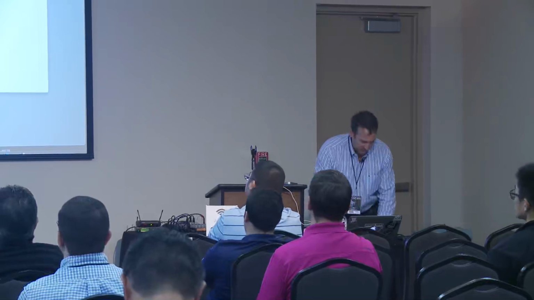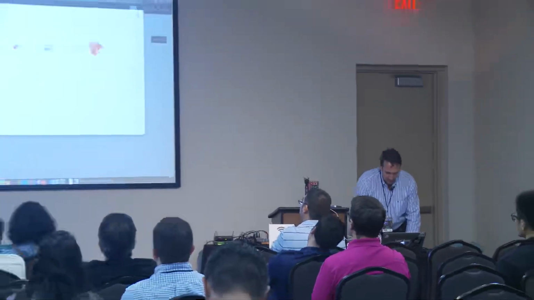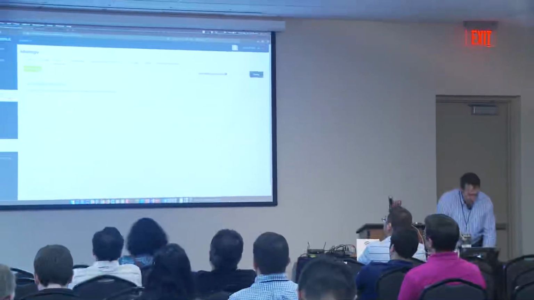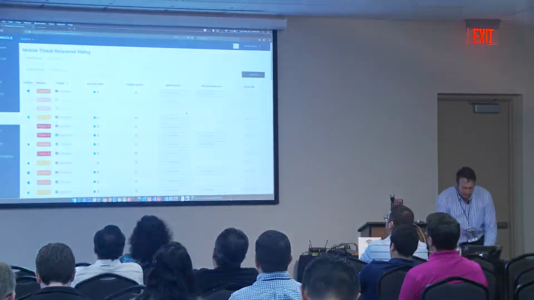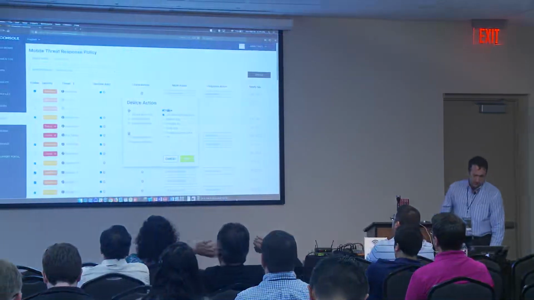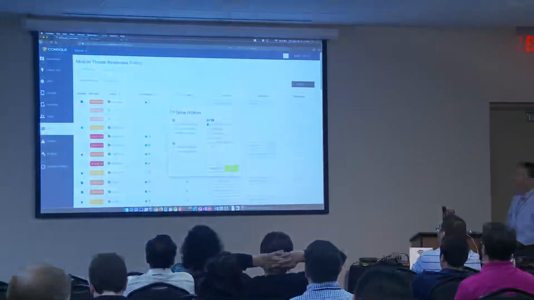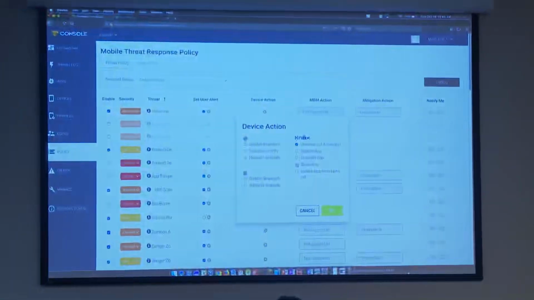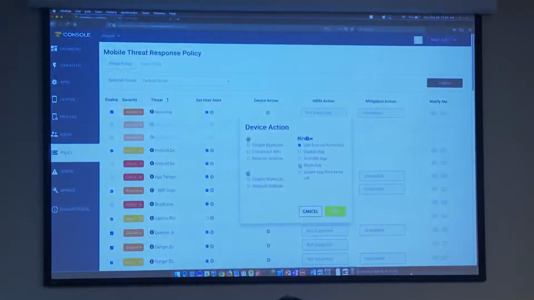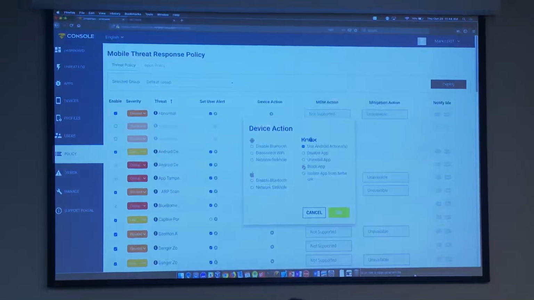So under policy, what I'm talking about here is the device action. Upon detection, I can do a network sinkhole, or disable Wi-Fi on Android. I can take advantage of Knox to do some more things, only because Knox on Samsung has that capability.